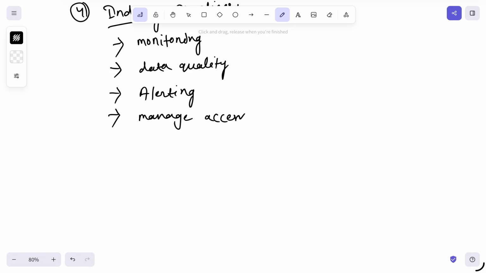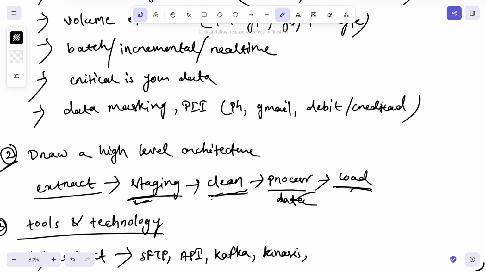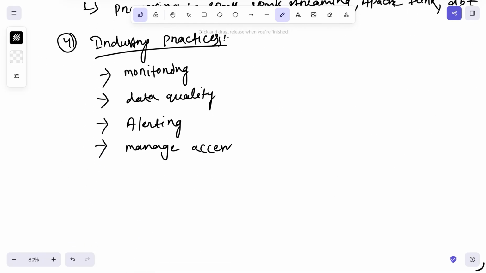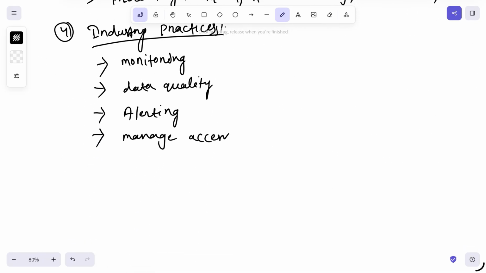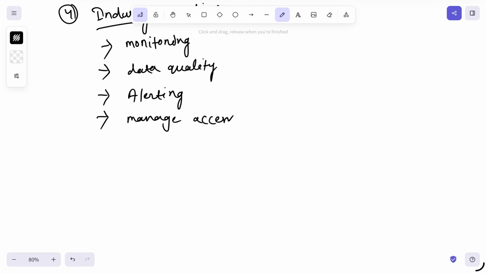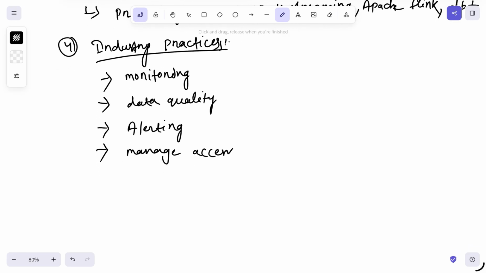And the other thing is to manage access, to handle personal information, like we have already discussed, for personal information like phone, Gmail, or debit or credit card. Or we have to track the lineage, like for our system, what the downstream and upstream systems are. Something like this, managing the access. Once the industry practices are discussed, like monitoring, data quality, alerting, and managing access,